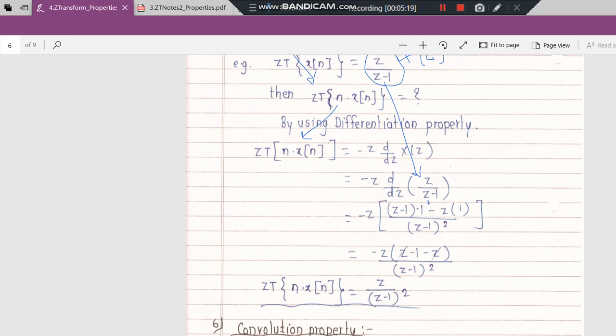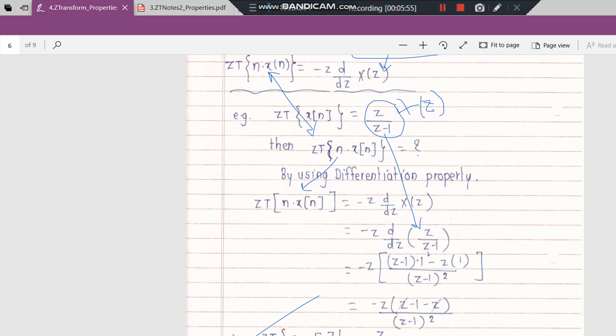upon (z minus 1) square. So simply by making use of the differentiation property, we are able to find the z transform of this function, n into x of n, in just 2-3 steps. It is so important to remember the properties of z transform, and we see here how they make our task of solving numericals easier, because the z transform of n into x of n is very difficult to solve by the formula,